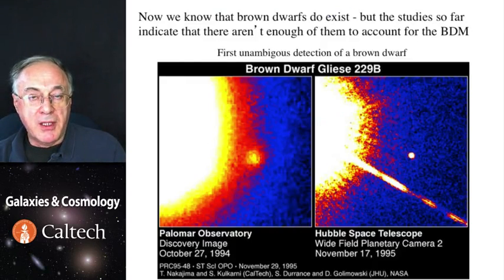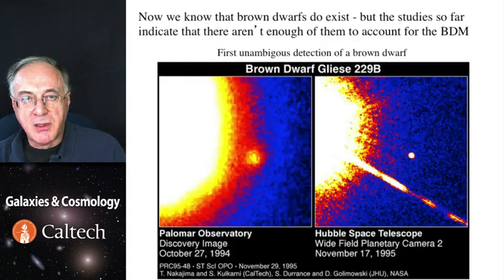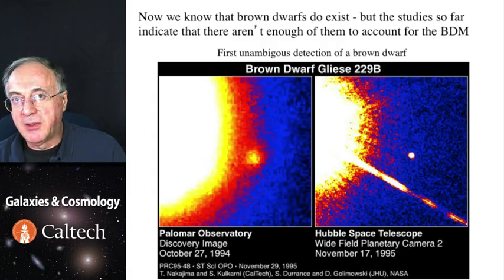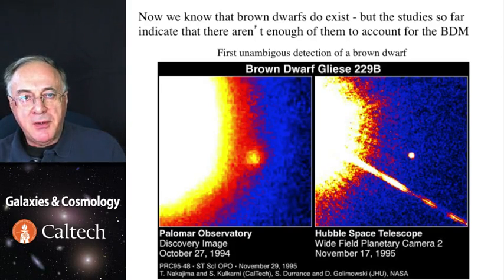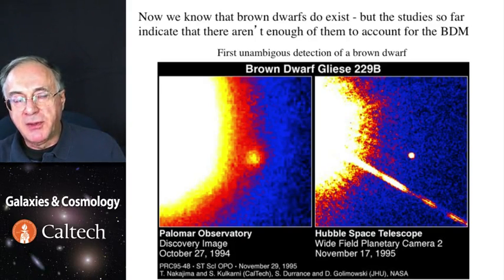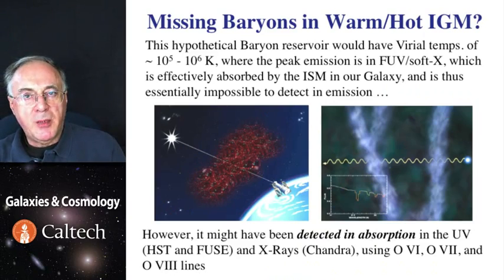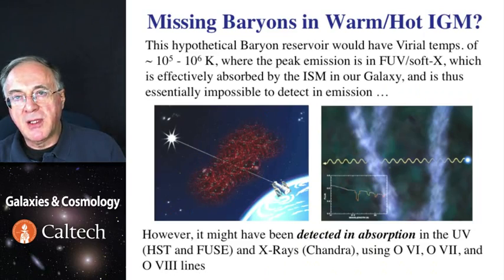Well, first of all, the good thing is that we know that brown dwarfs do exist. They were discovered almost two decades ago, and by now we know thousands of them from various near-infrared surveys. So we know fairly well what that population is like. And the answer is, there isn't enough of them to account for the missing baryonic matter, let alone the rest of the dark matter. So the most viable possibility today, the one which most astronomers believe, is that